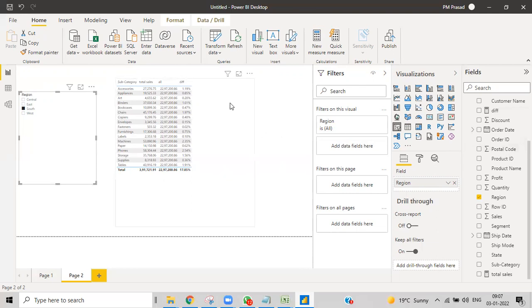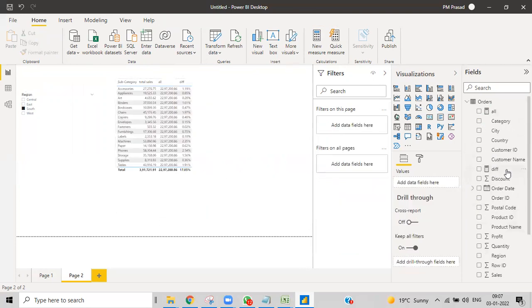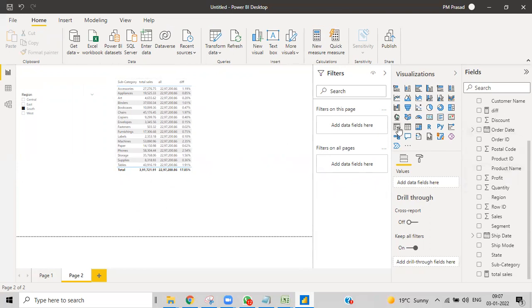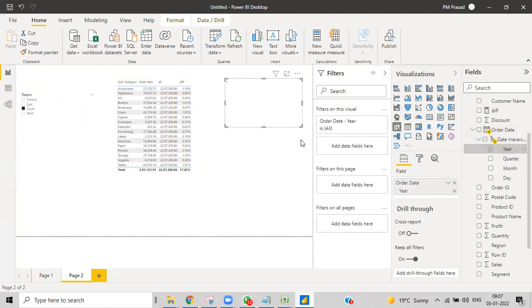So within the table, whatever column you take and filter upon, it doesn't change. You can take some other category also. Like I'll take my year from here. Simple year. And I'll just make it a list value. Then if I click, this total sales will change. For that year, for that region, this is the sales. But my all sales doesn't change anywhere because I applied it on the whole table.